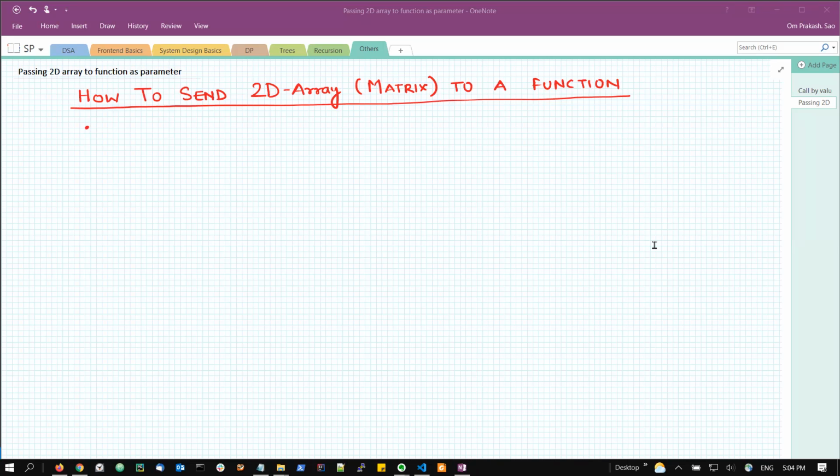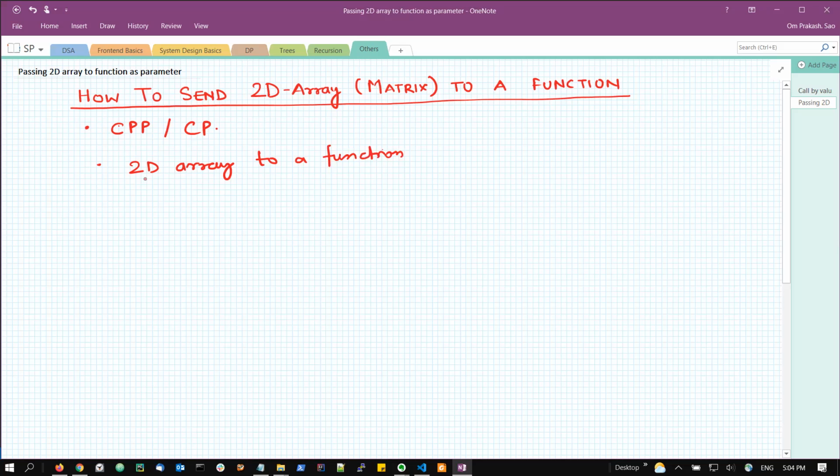In this video, I'm going to discuss a very basic difficulty which most beginners face while writing code in C++ or performing in competitive programming. The situation is, let us say, you want to pass a 2D array to a function, okay? The situation looks simple, like if I have, let us say, int my 2D array